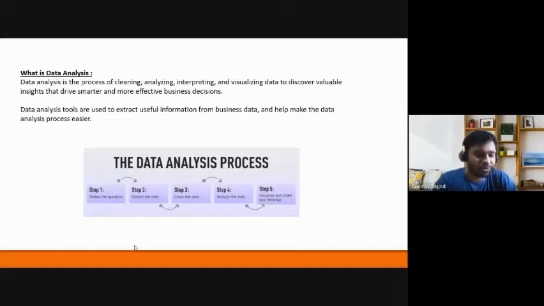Why is it required? Let's say I have a member who was enrolled. One source says that he was enrolled into my library management system on 1st of January 2021, and the other source says no, it was 2nd of February 2021, right? So I have to have consensus over what is the right data. Either I would have to find a third source where I could verify whether it is 1st January or 2nd February, and then come up with a consensus and say, okay, this is what it is. So I'll have to clean the data.